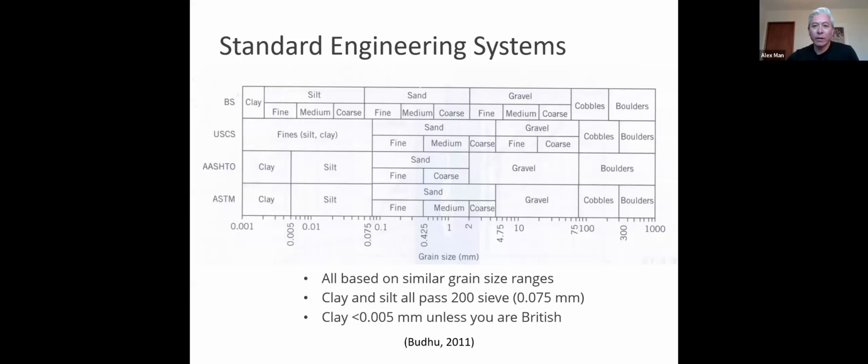Okay, now we have everything we need to move on to engineering classification. Here are the main systems used in the world. The top is the British standards. Next one's the Unified Soil Classification System. Then the American Highway People, and ASTM, which I'm sure a lot of you have come across. But note that the soil triangle here is basically half of this classification system. So we have sand in the middle there, silt and clay moving to the left, gravel, cobbles, and boulders off to the right. So we're now incorporating the soil triangle plus all the other things that we might find in the soil.